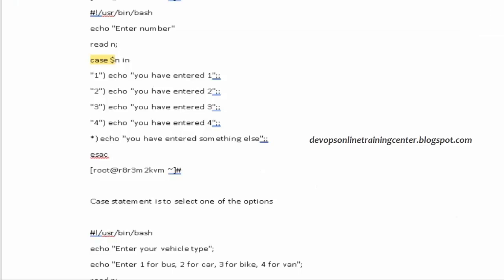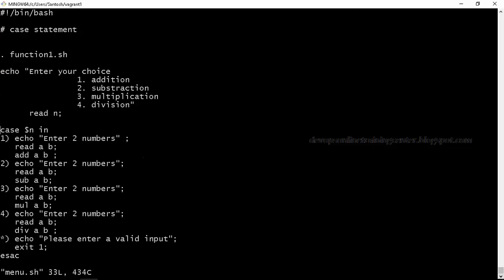Case $n in. Okay, actually each case is ending with two semicolons. Let us try that.